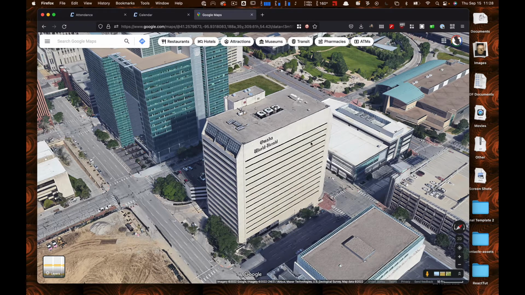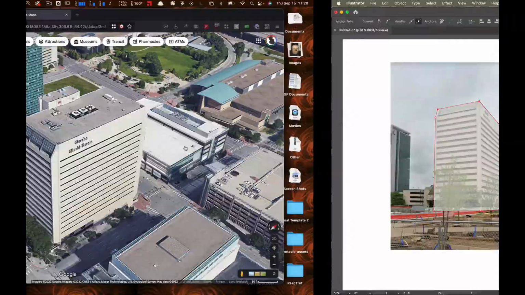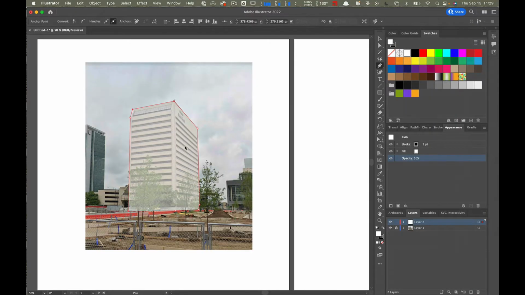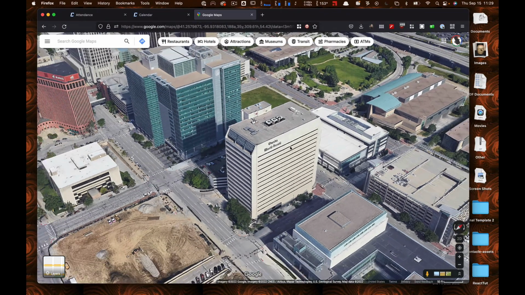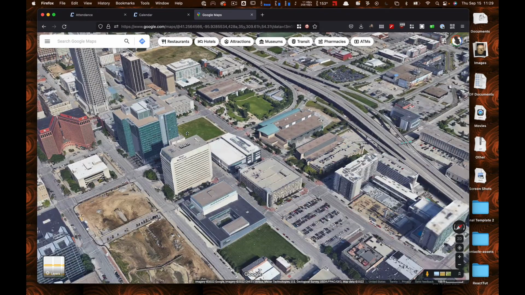How you do that is going to depend on your existing skill set anyway. Those of you that have not messed with any of this kind of stuff, I'll walk you through a couple of things depending on what you have. Or you've got your iPad, so I'll show you here in a second how to just pop it in there, and you're really just putting a layer above it and then sketching over it, blending. Okay, so for our site visit, we're going to do the World Herald building. We're going to do CHI.